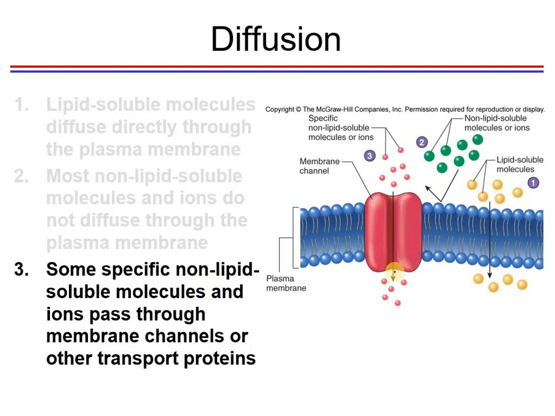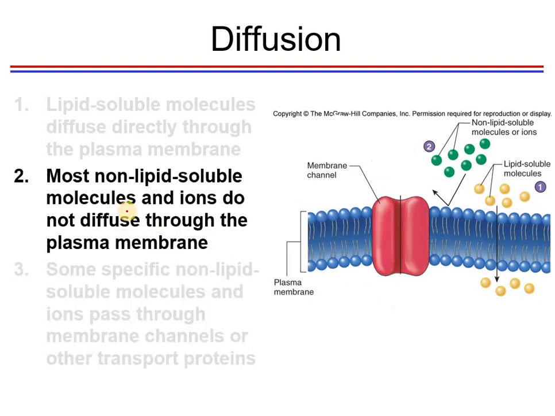So therefore, marirepel sila. But there are some specific non-lipid soluble molecules that can still pass through the plasma membrane through these membrane channels. So ito na yung mga nakilala ng receptor, for example, o di kaya may naka-attach na antibodies. So, pwede silang makapass through dito sa membrane channel or sa integral protein natin.